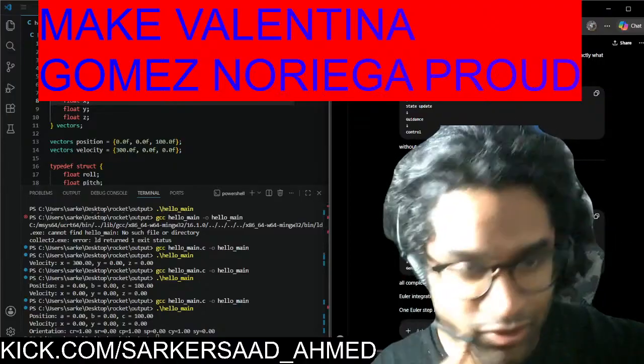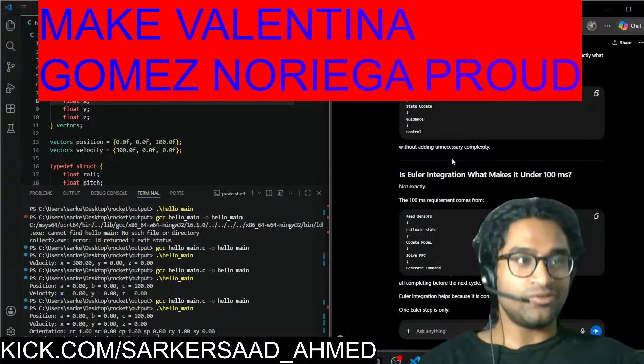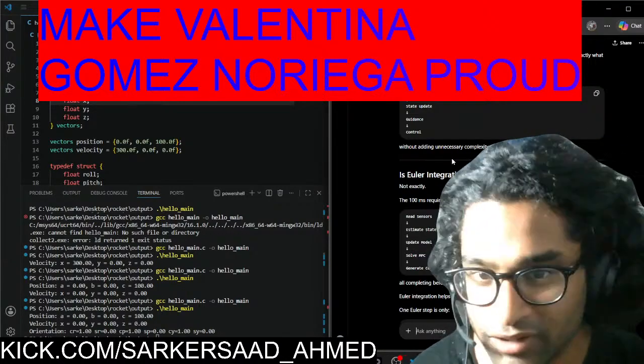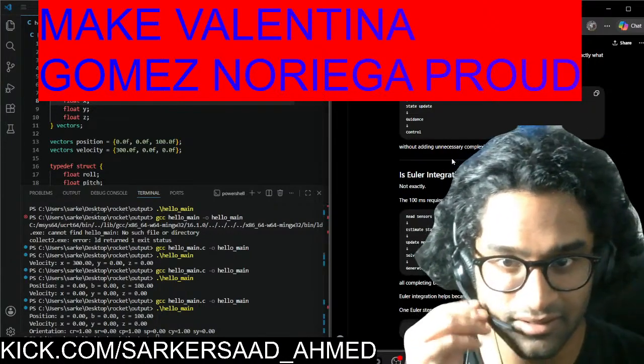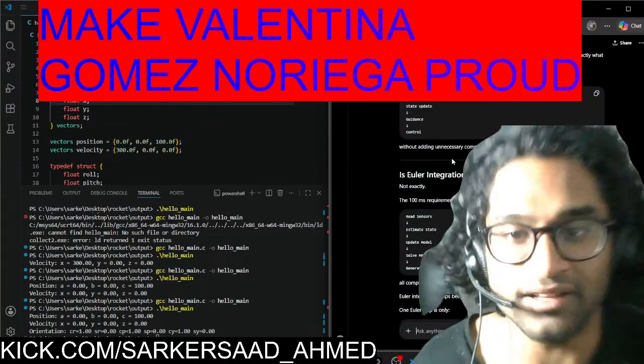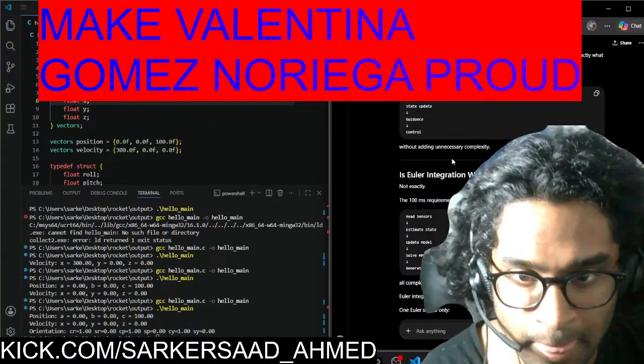No, I know. Obviously, it's not the Euler integration that does the 100. Euler integration is only going to update the values. That's it. But the 100 milliseconds or under 100 milliseconds, it's only going to read by modeling the sensors and stuff. That I know. But